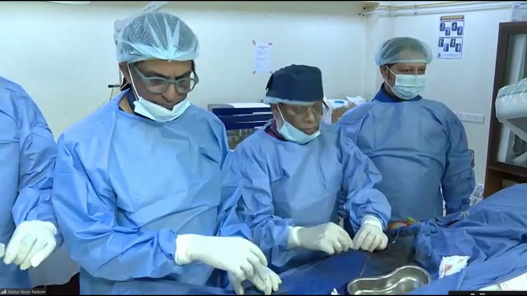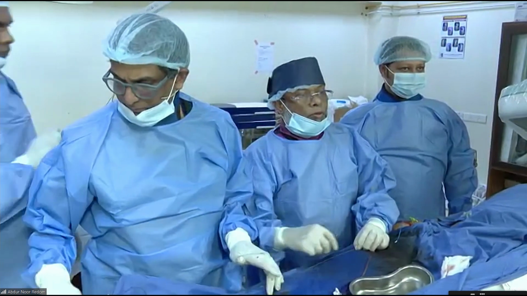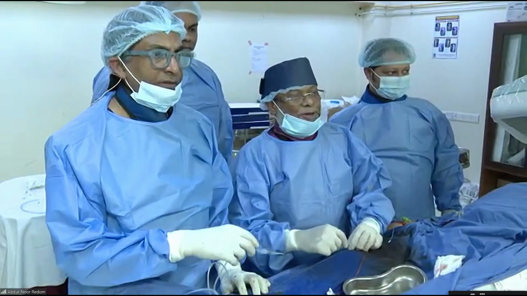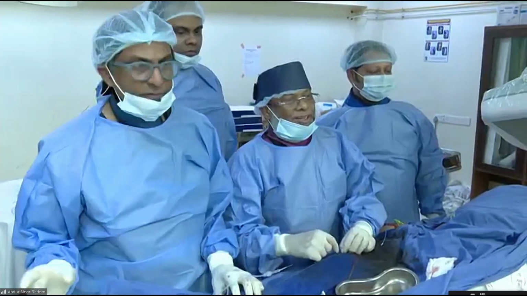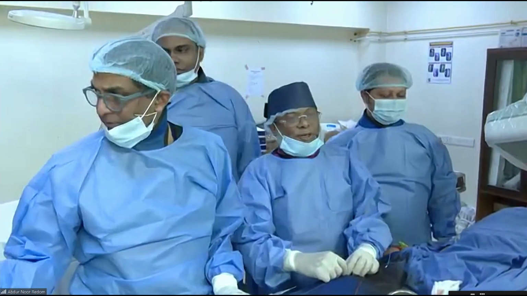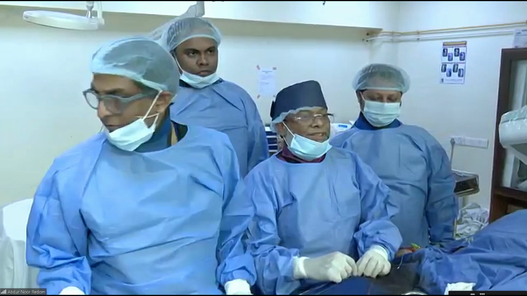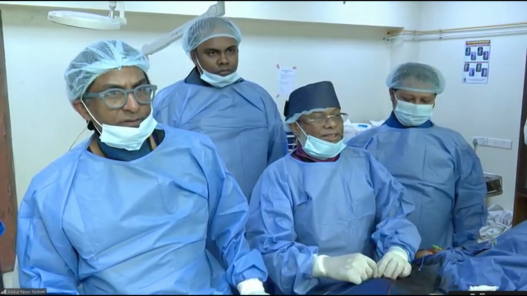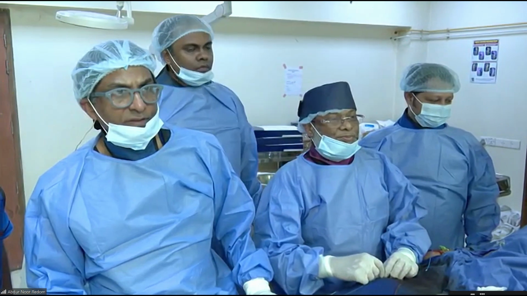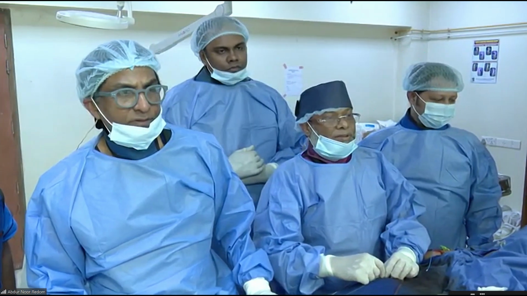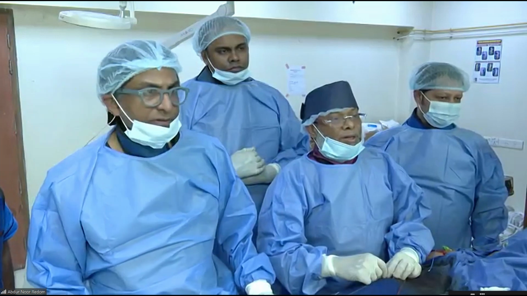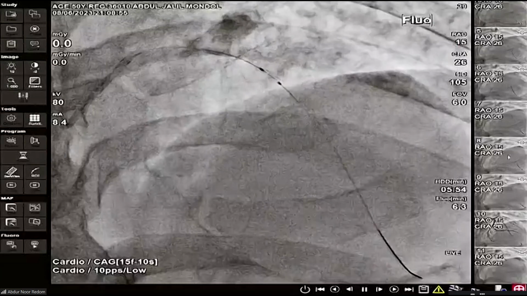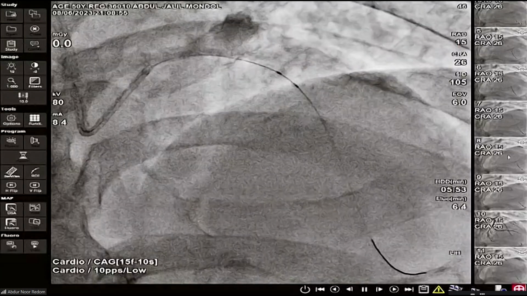So, sir, what is your strategy to predilate? Is it 0.75:1 or 1:1 in such a calcified lesion? Preferably 1:1, but initially we have taken a bit lower, a 2.5 balloon, and the vessel diameter is 2.75. So you are telling it is a fibrotic lesion. Do you consider a Wolverine balloon for adequate preparation? We see first the result with the NC balloon.